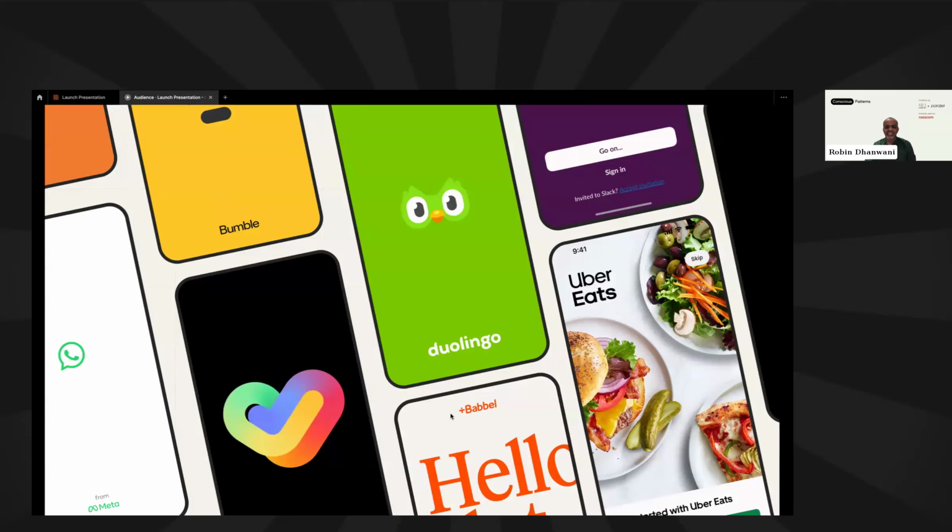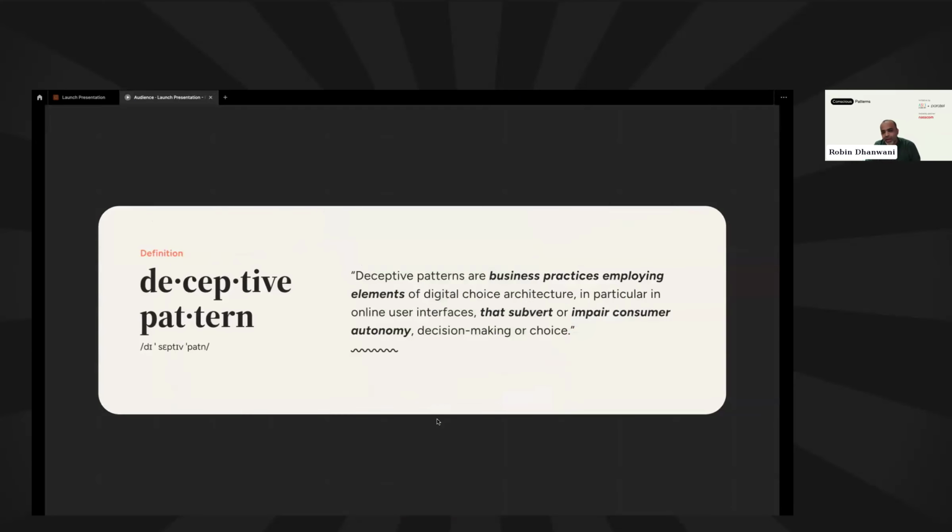But sometimes when we start using the power of design and conditioning that we have, and start misusing it, it ends up being something that we can call deceptive patterns. Deceptive patterns are basically design patterns that help you do more of what a business wants, and maybe make you do something that you don't intentionally do. It helps you make choices that you are not making in an informed and intentional manner.